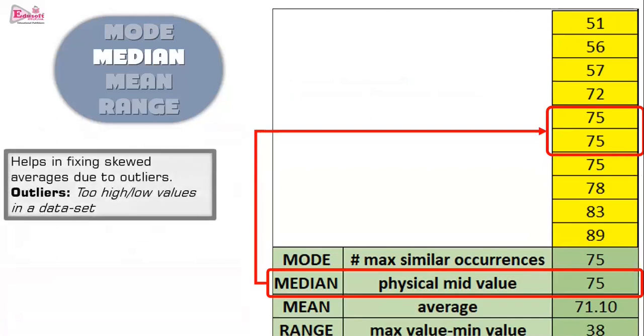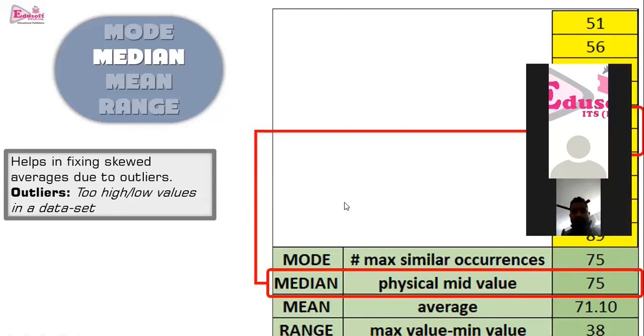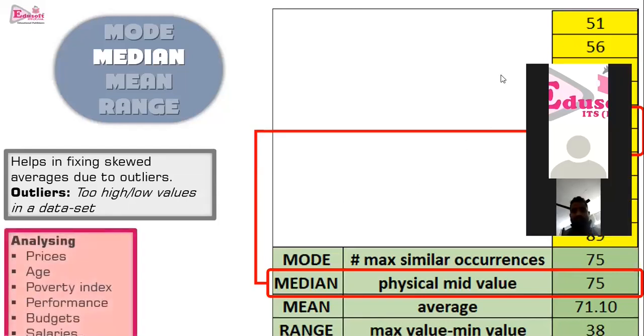Which cases is median helpful in? For example, you have taken a data set and you have taken the average. Now, if a teacher is taking the average of the marks of the students and two of the students have performed very low, suppose they have secured only 5 marks and one student has secured 90 marks, those 5 marks will spoil the average. In such a case, you can go for looking at the median values, because median values will reflect a more genuine interpretation of the data.